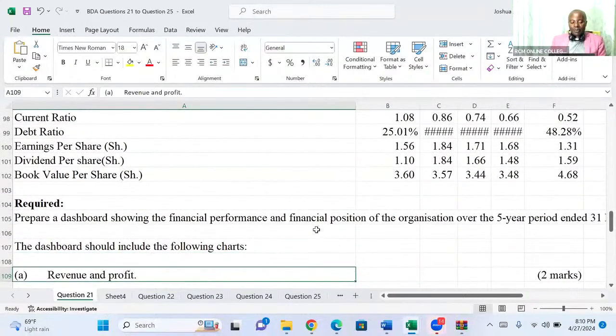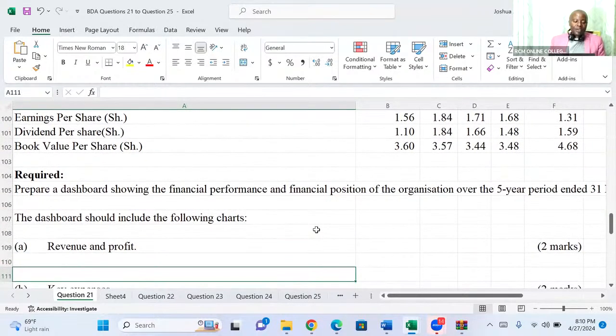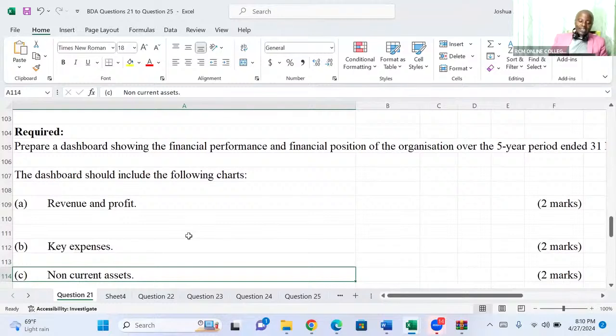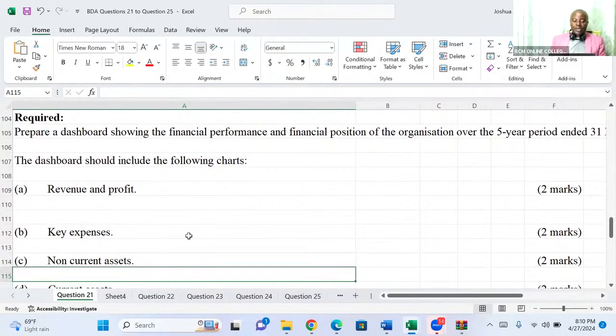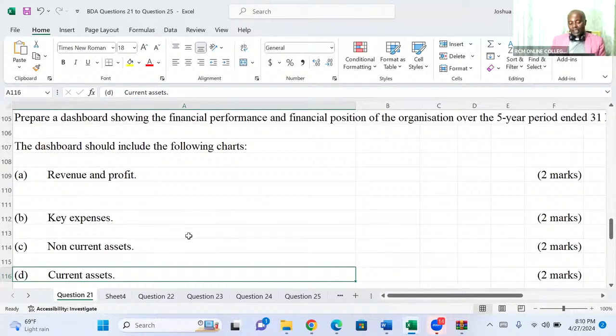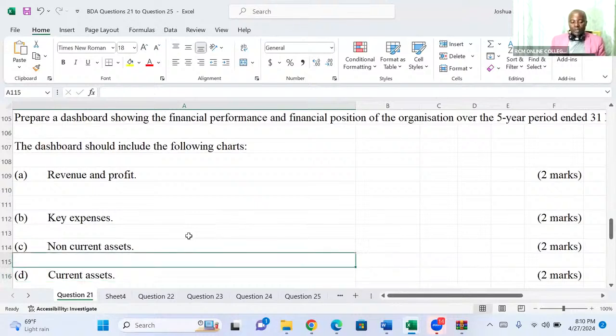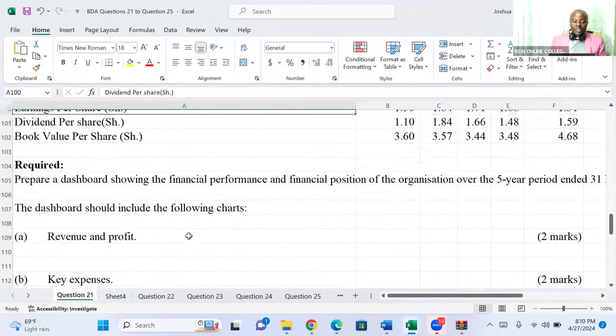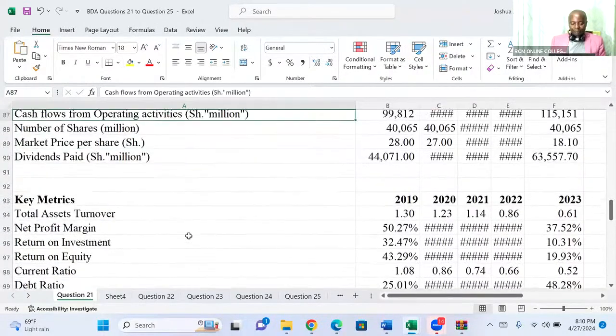They want me to prepare a dashboard showing the financial performance and the financial position of the organization over a 5-year period. They want us to give them revenue and profit first. We have key expenses, non-current assets, etc. So I will do revenue and the profit first. If I'm the one doing this, the very first thing that I will do in an exam